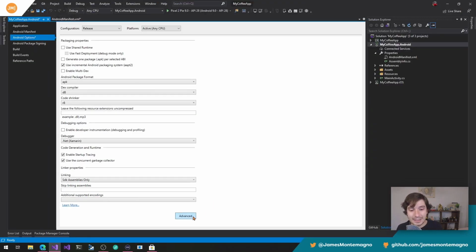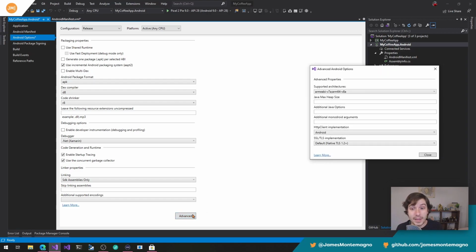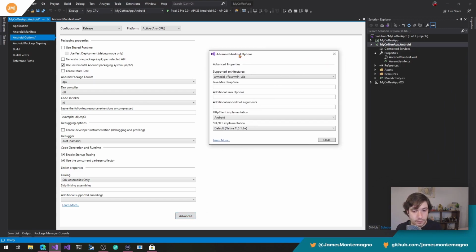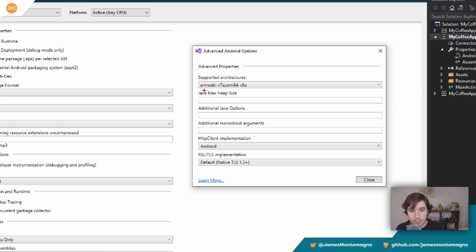All right. The last thing here that you have is advanced. And again, you're going to see a few differences here, mostly around the supported architectures. So you need to make this decision. I always support ARM v7a and ARM64 v8a, and I leave everything else alone, unless for some reason my application doesn't compile inside of here. These are advanced options. I'll link to some documentation for them. And again, Android HTTP, default, these are the good stuff. It's all been optimized. It's good to go.